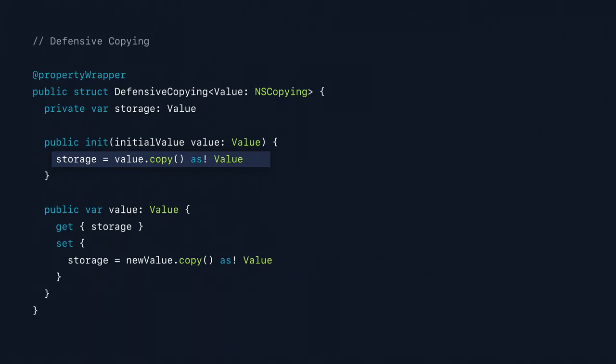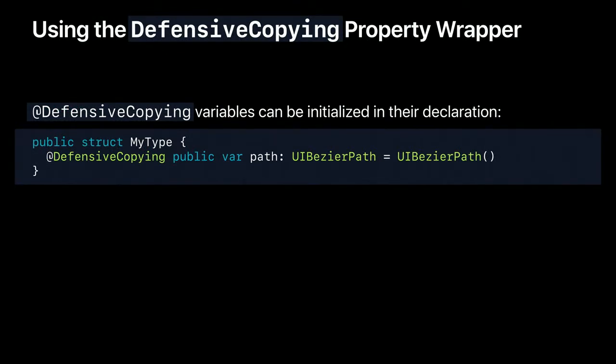All right. Let's take a look. So if we go to find some defensive copying UI Bezier path, what's going to happen? Well, the compiler is going to translate this into the two different definitions. We're going to have an initializer here first. So here, whenever we create this path, it has a default of the UI Bezier path, just an empty instance